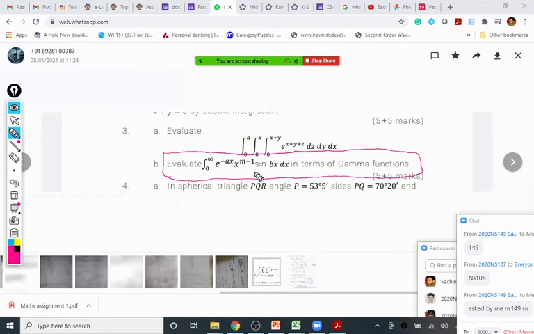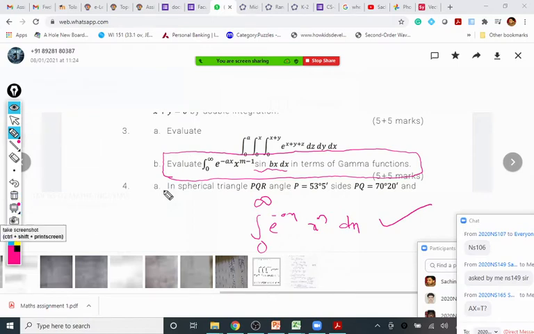To evaluate this integral in gamma, the problem is this trigonometric term. We know we can evaluate integrals like e raised to minus ax into x raised to n dx with limits 0 to infinity. But the extra term sine bx is there, and you will better understand this example after we finish complex numbers. Even before complex numbers, I will give the hint, but after complex numbers, you will get this quickly. So what is the way to complete this example? Let me show you.